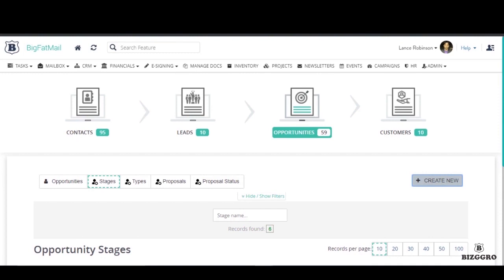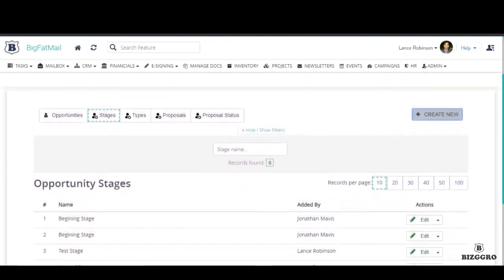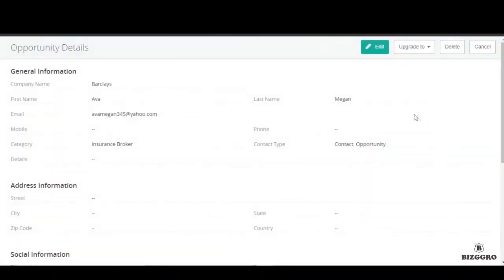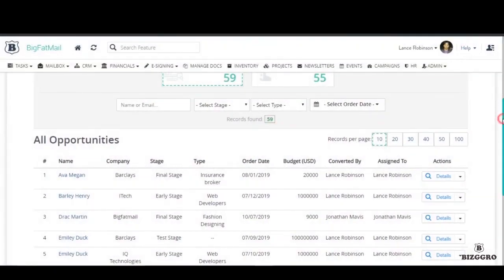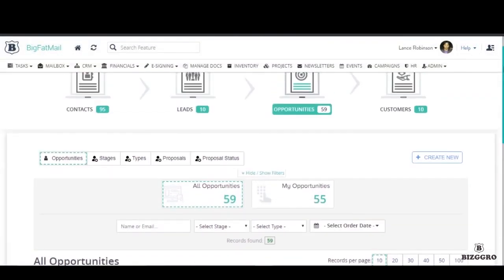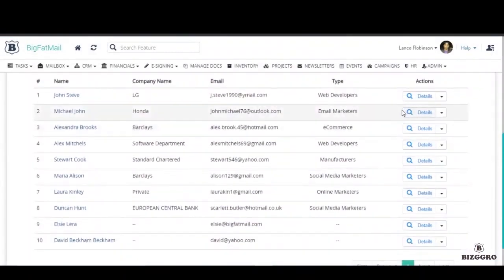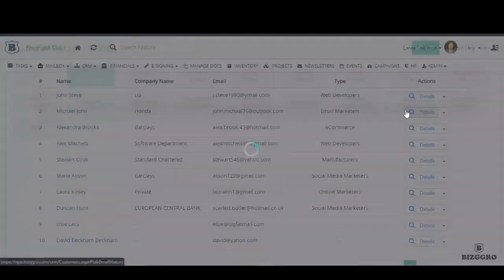Nevertheless, you can always visit your database to modify your entries as the situation arises. This you do by clicking on the Details button and then tapping Edit. Like I mentioned earlier, you can also filter your Opportunities database by types, stages, proposals, and proposal status. Let's back up to our Customers tab and see how we can view all the details we have for each customer. Click on Details and go over the various tabs you have to see details about each of your customers, such